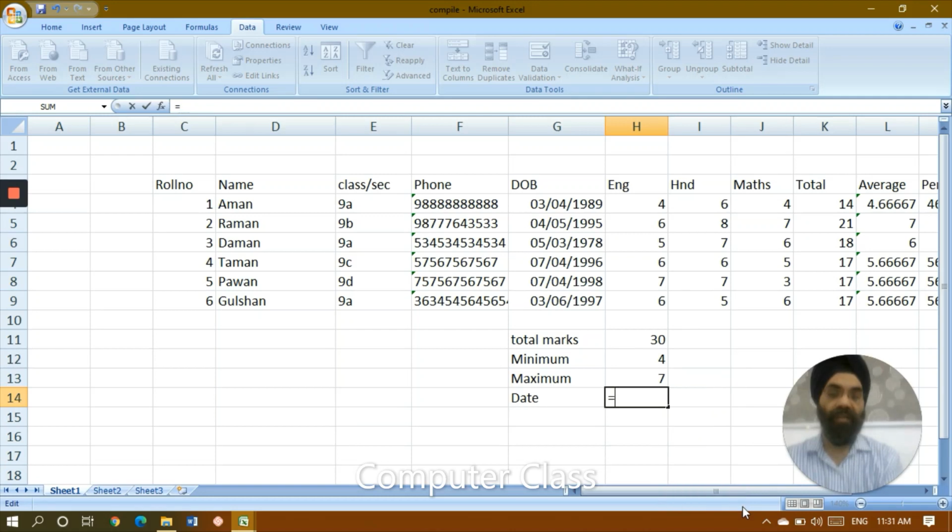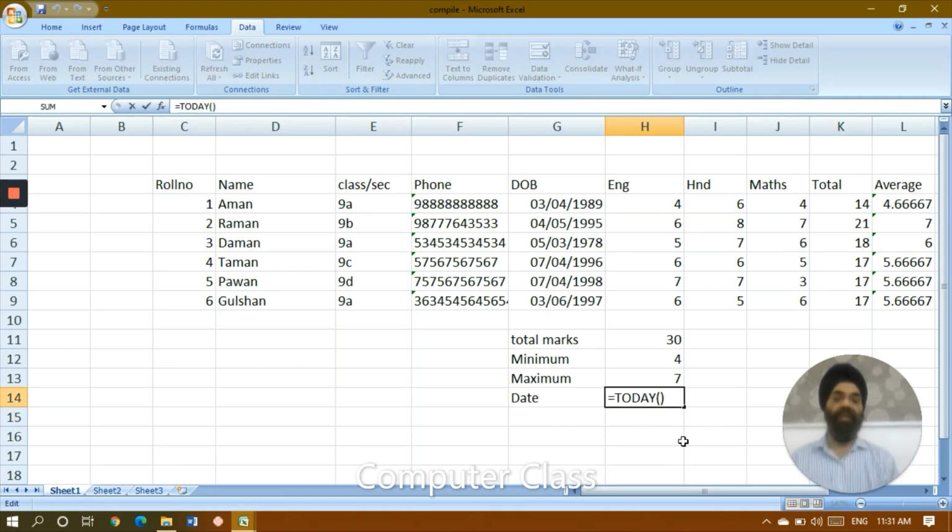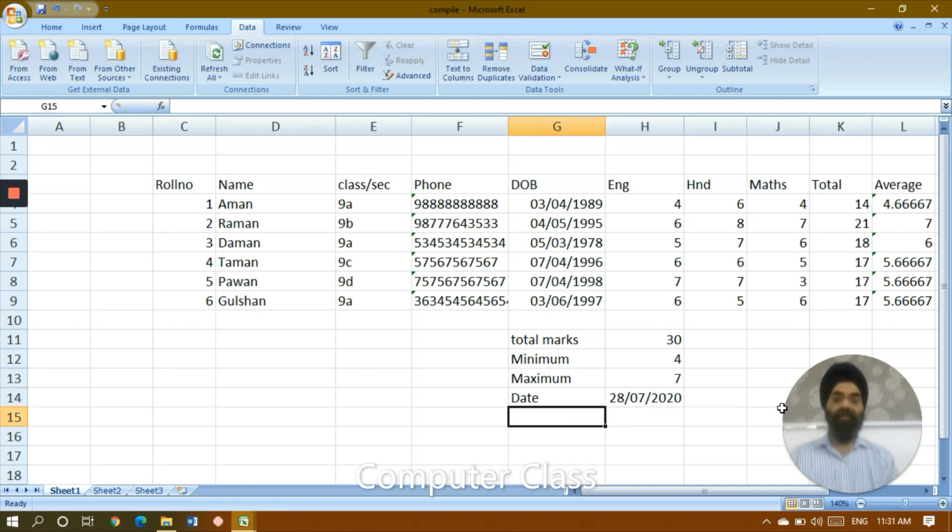Sorry, I should have to write today. Right. This. Is it clear? So this is the way you write the day. You can check it out here. Equal to today. And these round brackets, start and end, you have to put to indicate that this is a function. Right. Similarly, if I want to find today's date as well as the time, then you can write here